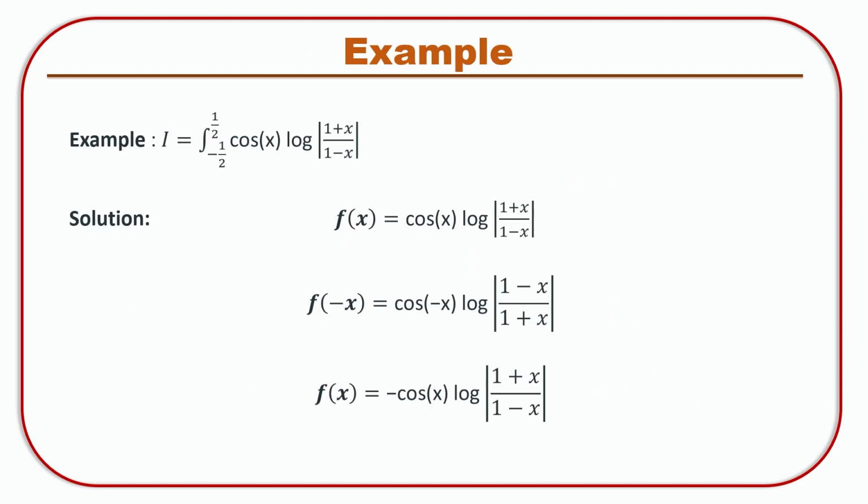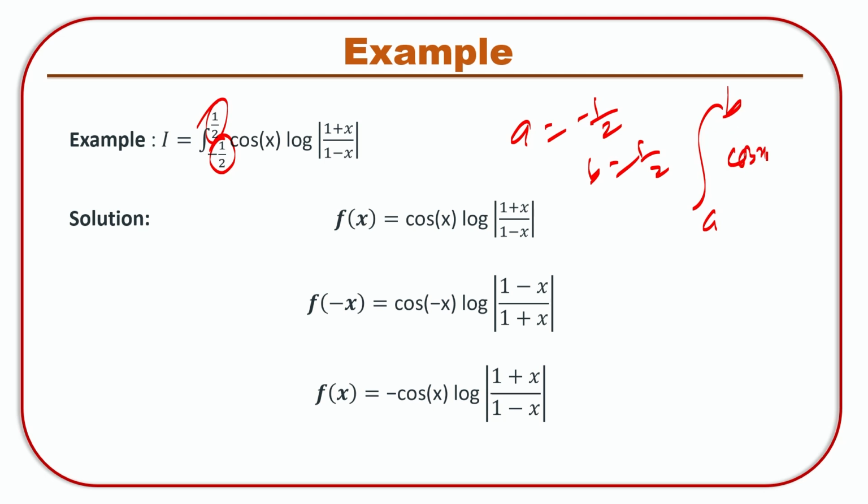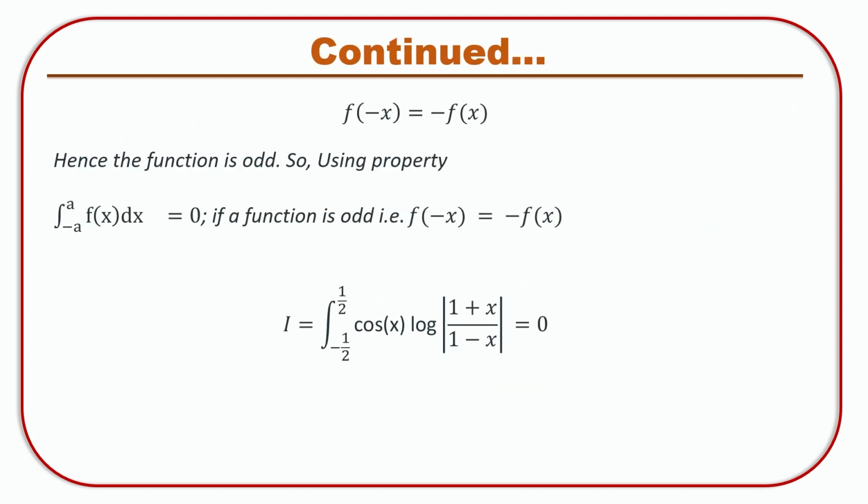Now this is one example where you have to apply these properties. Evaluate I, where this is the lower limit and this is the upper limit. So a is given equal to minus 1 by 2, b equal to 1 by 2, and the question asked is the integral from a to b of cos x times log of the modulus of (1 plus x) divided by (1 minus x). Evaluate it, you will find f(minus x), and this will be f x becomes minus of f x. So as you can see, this is the odd